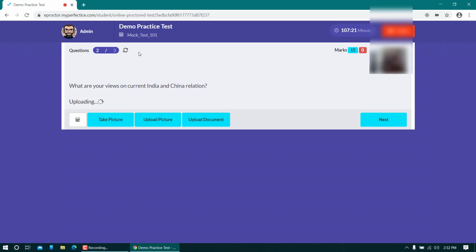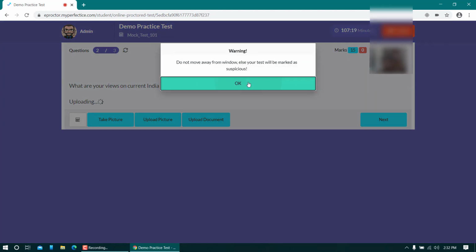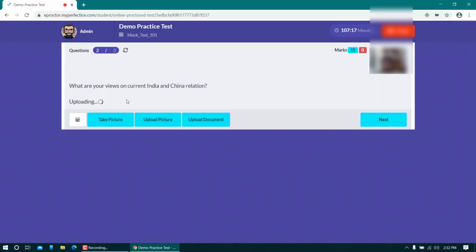Okay, image quality is medium. So I'll wait for the file to be uploaded, because if you keep the image quality higher, the size of the image will be bigger and it will be difficult to upload the image. So keep the resolution medium, and that is the problem I'm facing here. The size of the image is too big, around 5 MB. So I'll wait because I don't have any other option.